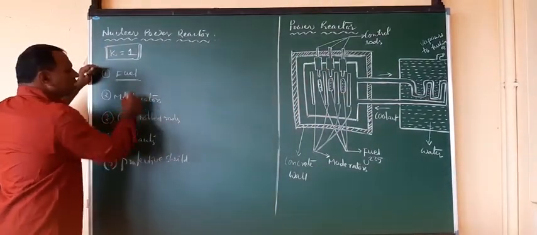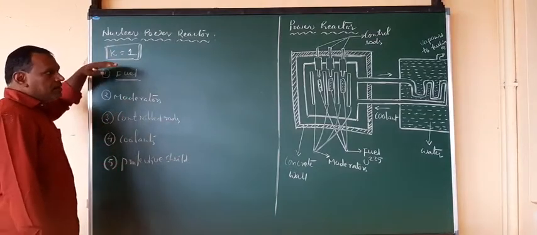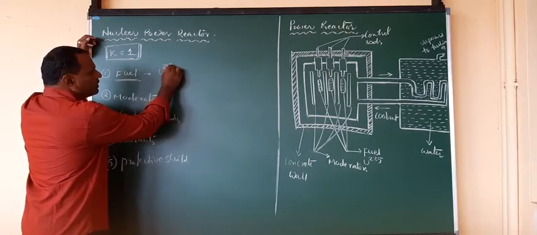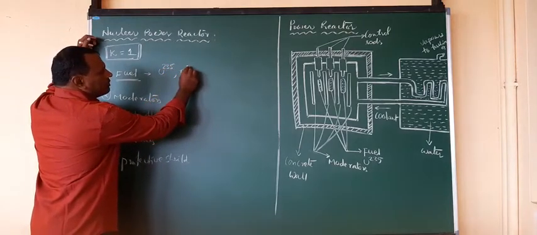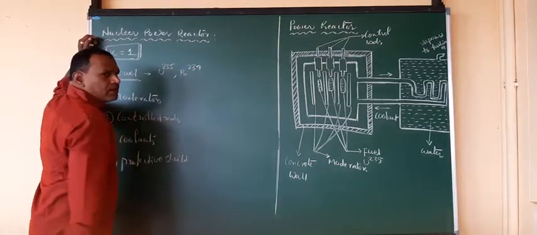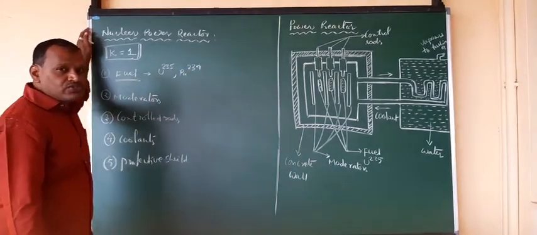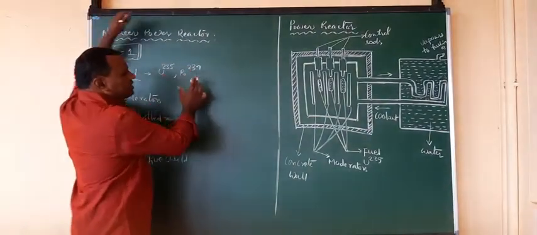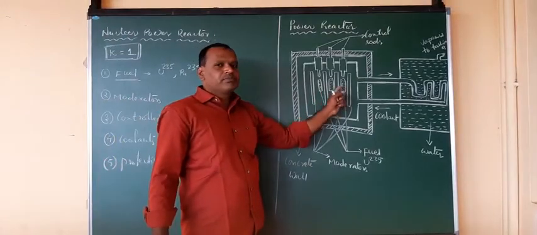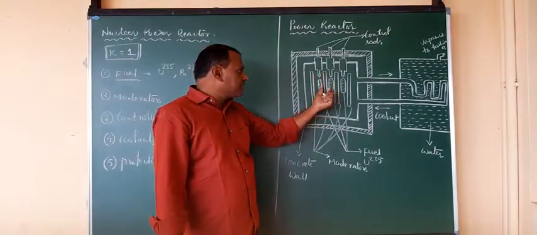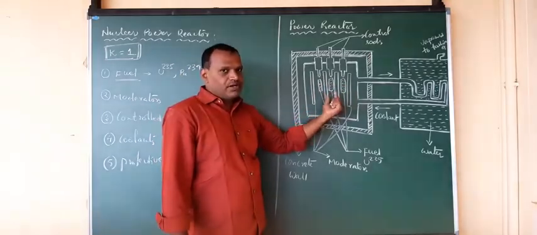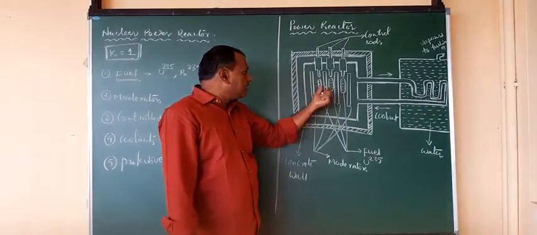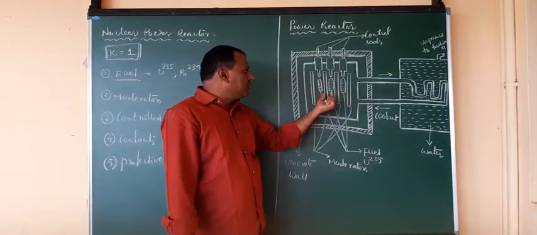Fuel: the nuclear fuel that can be used in this. You can have natural uranium, that is U-235, or plutonium-239. These are the general nuclear fuels used in nuclear power reactors, right? They are taken in cylindrical aluminum arrangements, in which we place the nuclear fuel. That is placed at the center of this arrangement, and in its vicinity it is surrounded by the moderators.